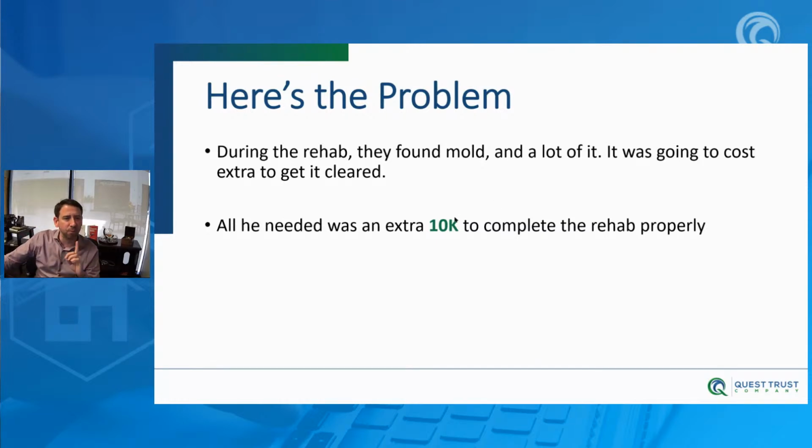Now, if we go back to the previous slide, he has almost $80,000 in equity in the house, assuming the rehab went perfect. So by needing an additional $10,000, instead of $80,000, he's really now going to only have about $70,000. Notice this doesn't make the deal bad. Would you still collect a $70,000 on fix and flip? Heck yeah, you would. But he needs $10,000 extra.